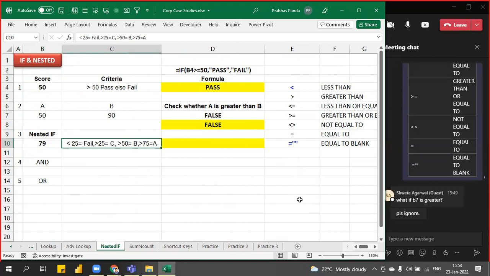If the person scores less than 25, the result should be fail. If the person scores more than 25 but less than 50, grade should be C. If the person scores more than 50 but less than 75, grade should be B. If the person scores more than 75, grade should be A. So this is the kind of slab we have for our scoring, and based on that, we need to